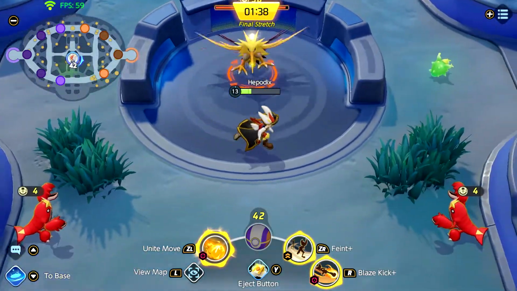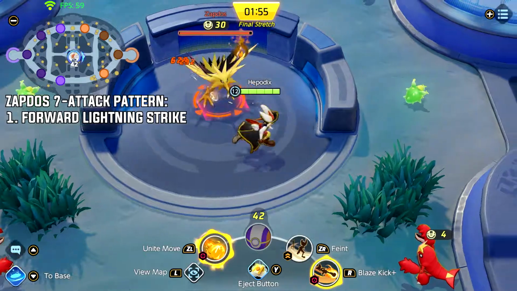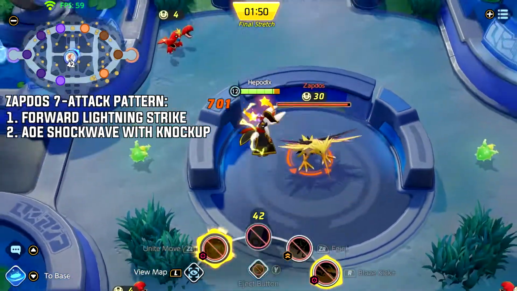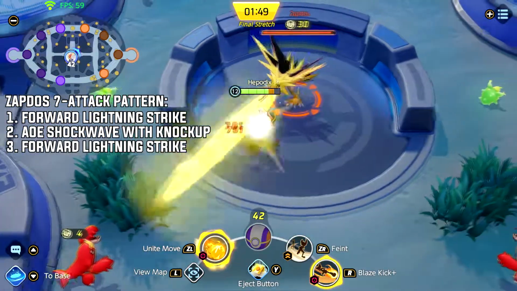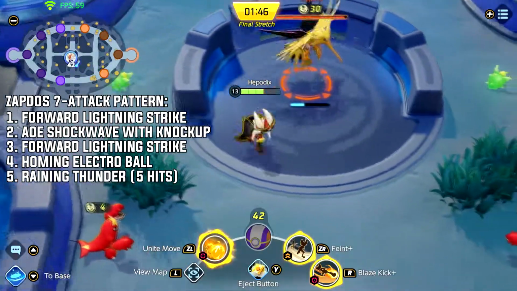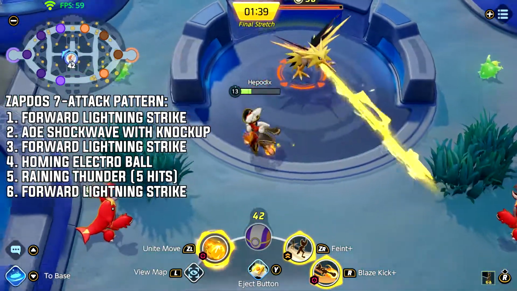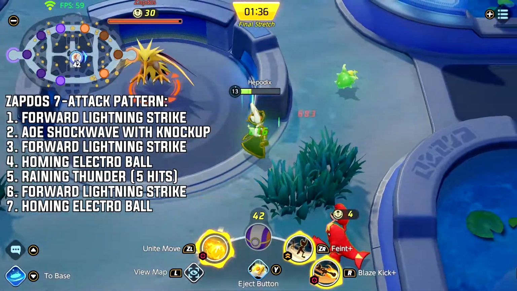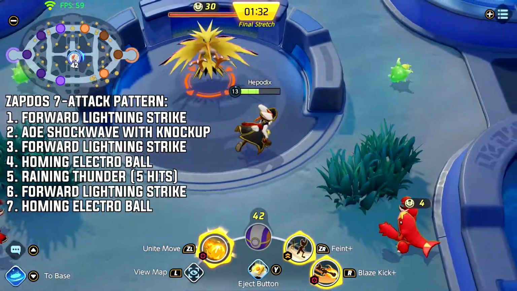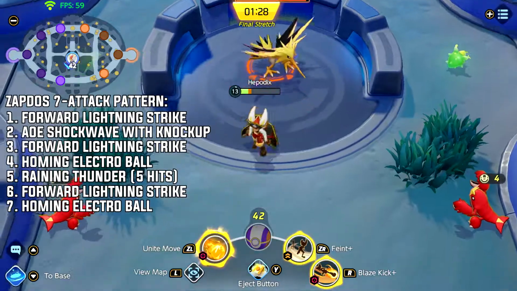And after taking a more in-depth look, Zapdos has 7 attack patterns. So first Zapdos does the forward lightning strike, then it follows up with the AoE shockwave with knockup. The third attack is another forward lightning strike, fourth attack is homing electro ball, and fifth attack is the raining thunder with 5 hits. Then another forward attack, and last homing electro ball. And after this cycle is completed, it will start from the beginning. So to ensure a better fight against Zapdos, you want to try to memorize this pattern